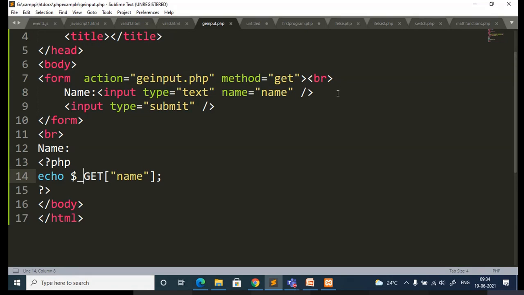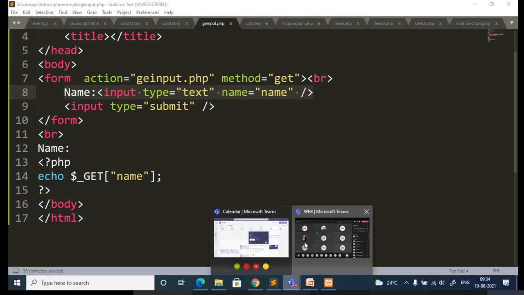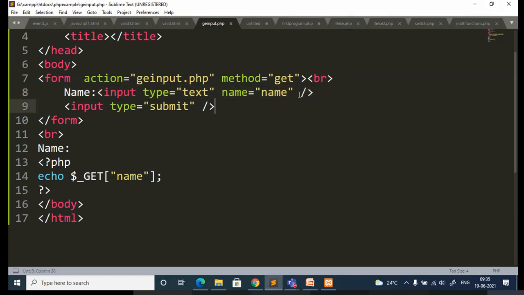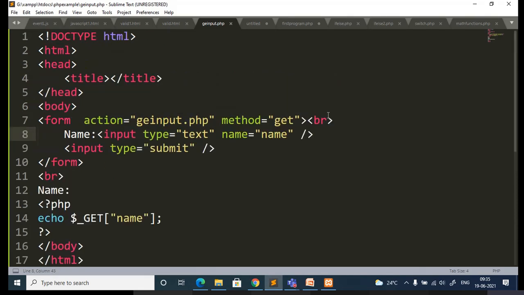So if you want to add one more, you can change this program to make it a calculator also. Just a simple calculator using PHP code. I'll take one more input here, indicating num1. Are you understanding? Did you get what mistake I made? See, if you observe carefully, you can identify the mistakes when I'm typing. So just try to follow, note down and execute all these programs. Now what I'll do is implement one basic calculator. So here I'll take one more input box.